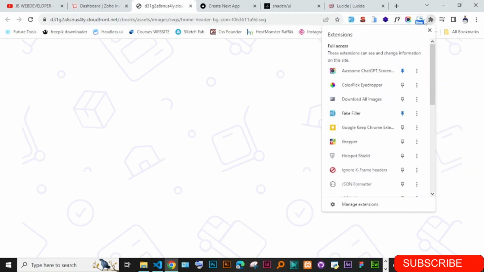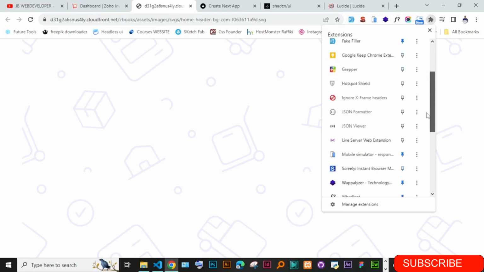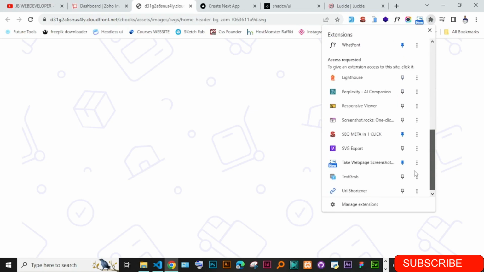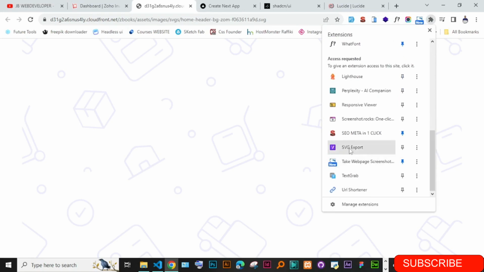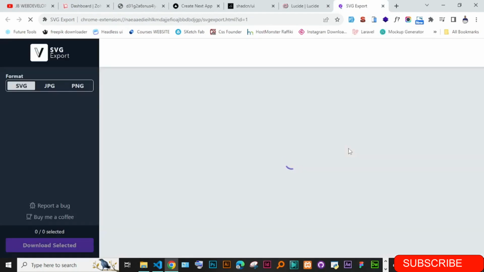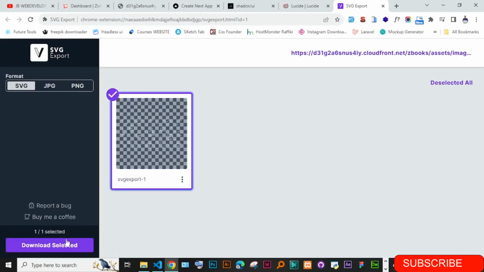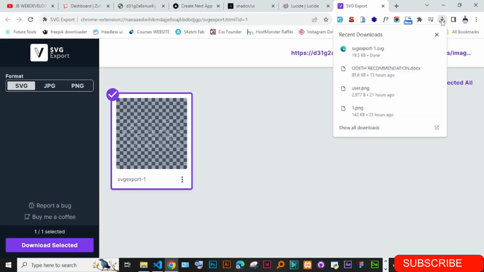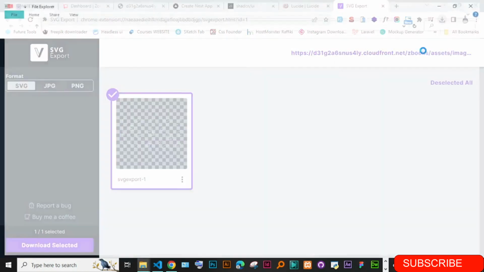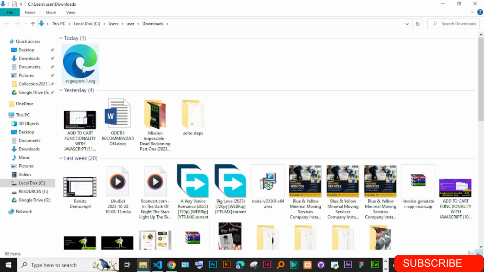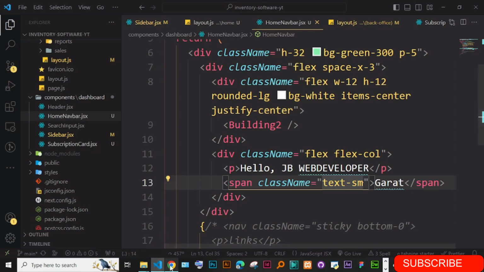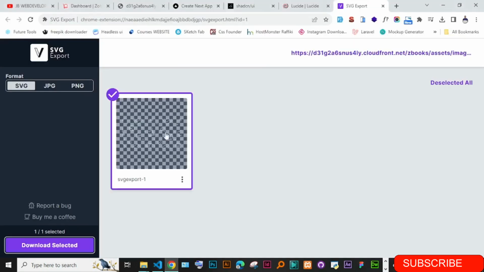Let me see if I have an extension for that. There is this SVG export. Okay. Let me see, select it, and I just say download. Okay, seems to be, I'm having it here. You could also just host it. Okay, this one,